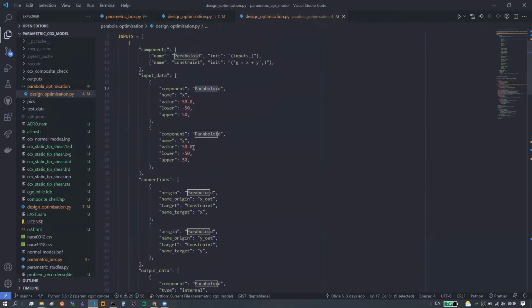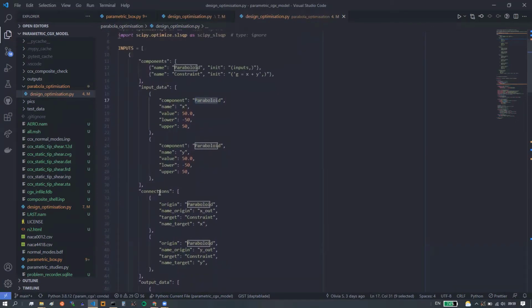Now, because we actually prefer using connections to declaring global variables in our optimization, we are setting up two connections here, which feed the input variables from the paraboloid to the constraint component. So basically, we're just passing x through one component to the next. This might be a little bit of an overhead at this point, but it allows us to define these inputs